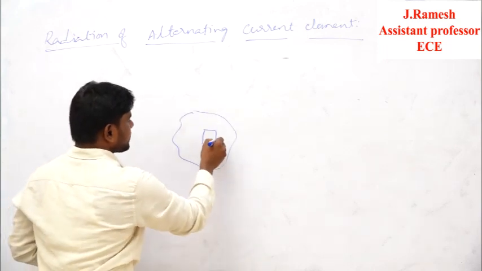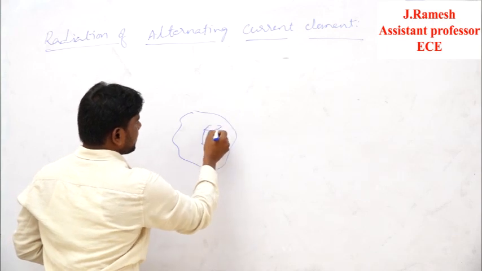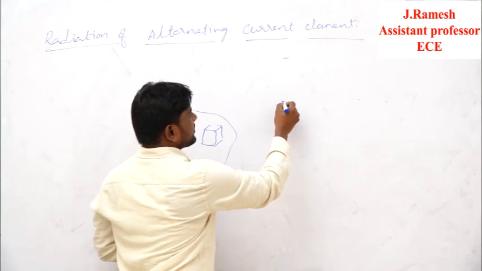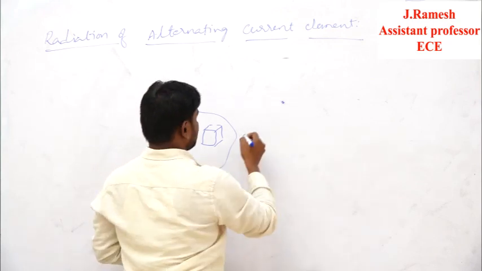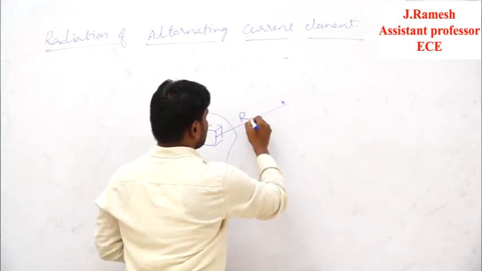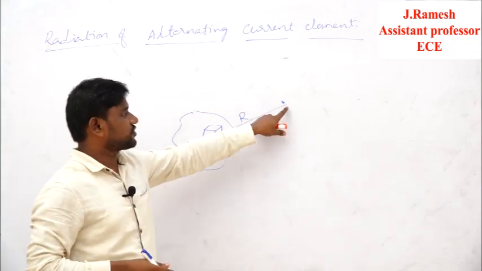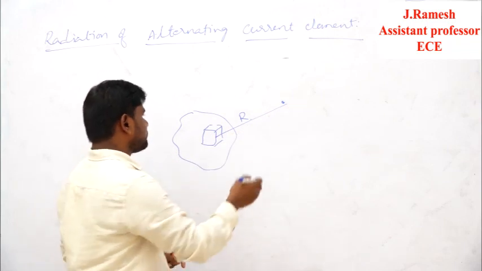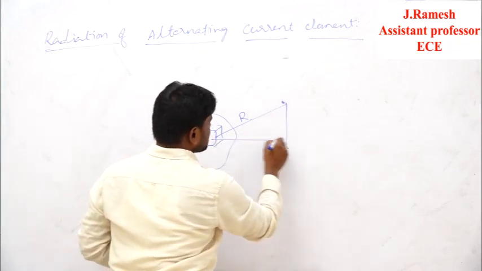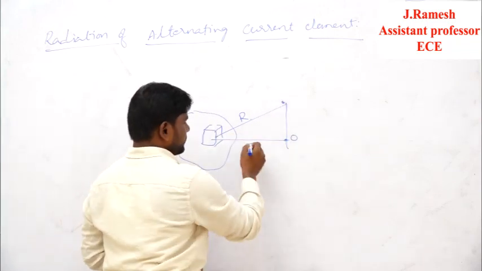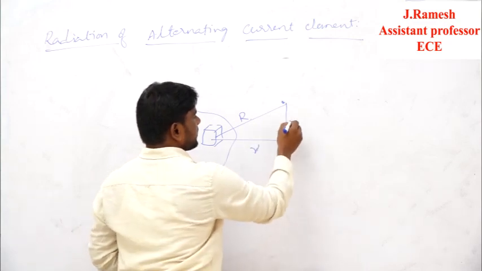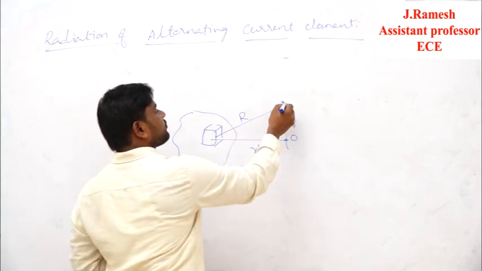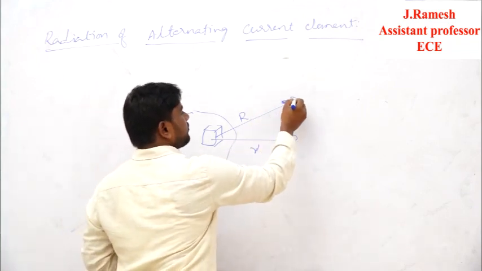here I have a small surface area, suppose I am taking a cube like this. From this, what is the radiation at a far distance, that is capital R, suppose I am taking. So what is the potential at this point, we studied. In this analysis we take this as the origin. The distance from here to here, R dash, I have taken, and here I have taken R. So finally we calculated the potential at that particular point P.